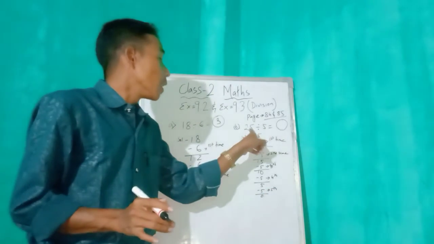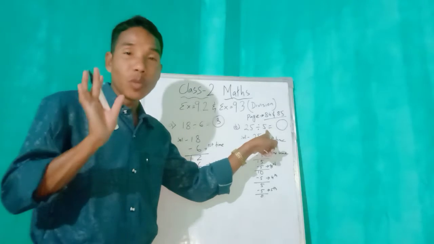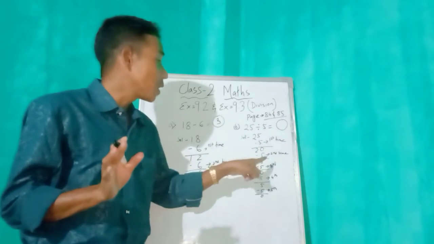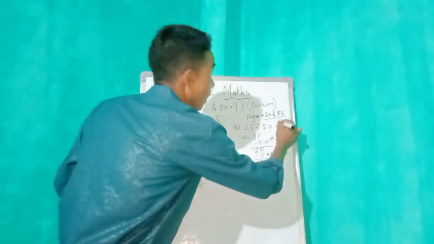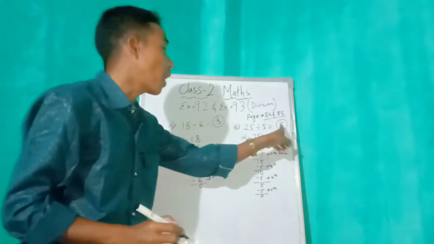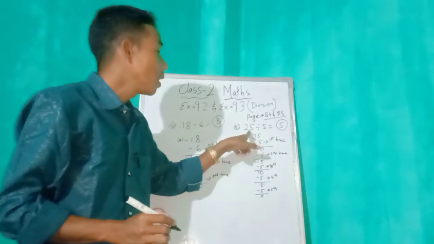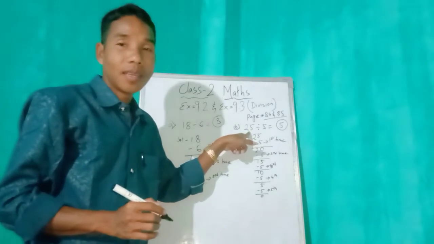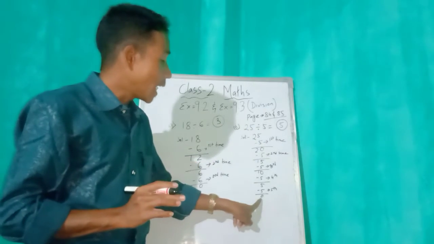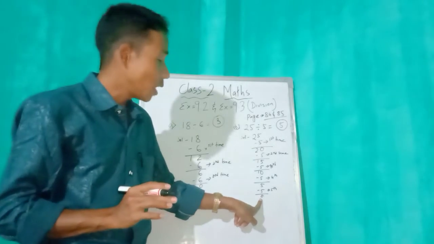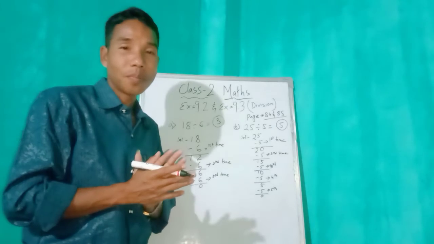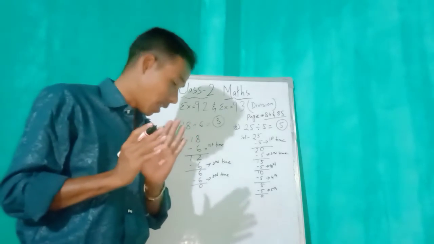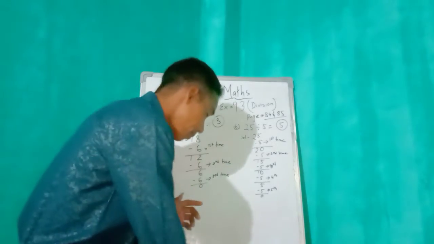So in the 5 table, in which place will we get 25? First, second, third, fourth, fifth. That means in the 5 place we will get it. So 5 5s are how much? 5 5s are 25. You have to do like this. Until you get 0, you have to continue doing. Have you understood? Can you do? Yes, it is very easy, no?